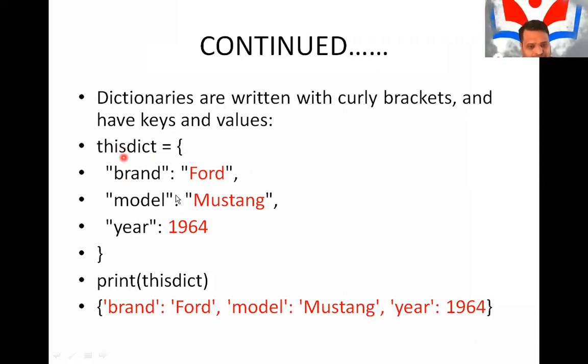Then what are the values that I will be assigning in this example? I'm considering a car example here. So the brand is Ford, and the model I will be choosing is Mustang. And in which year did this model come into existence in the market? In the year 1964. So when I print the dictionary name,